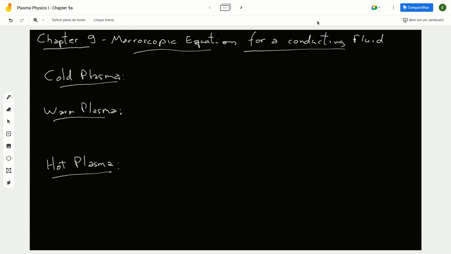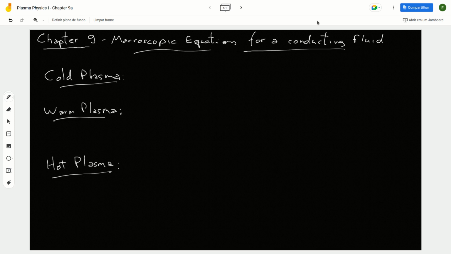So in this course we have some chapters dealing with individual particle motions, and then when you have a non-collisional plasma, usually you want a kinetic description of a plasma. You want to know where every particle is going. But sometimes if you have collisional plasmas, the frequency of collisions is high enough, then you would like to treat your plasma as